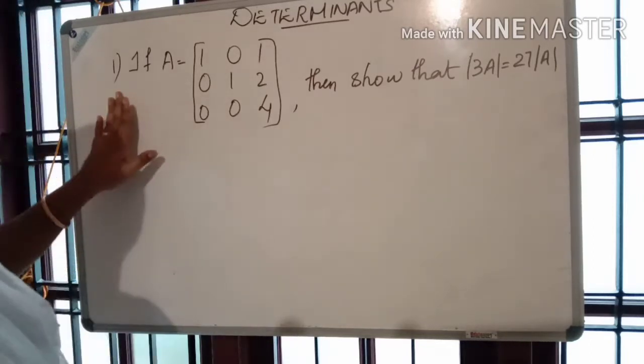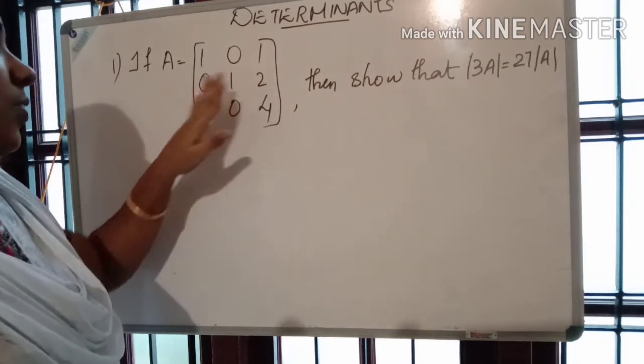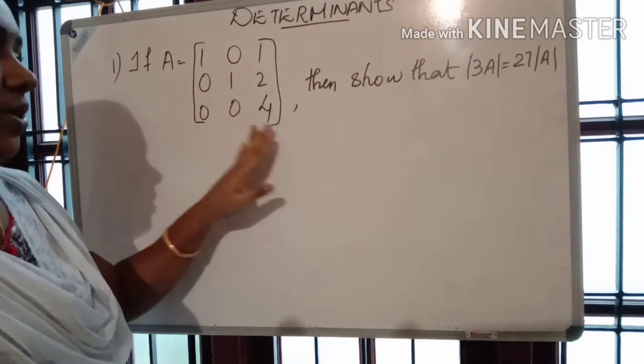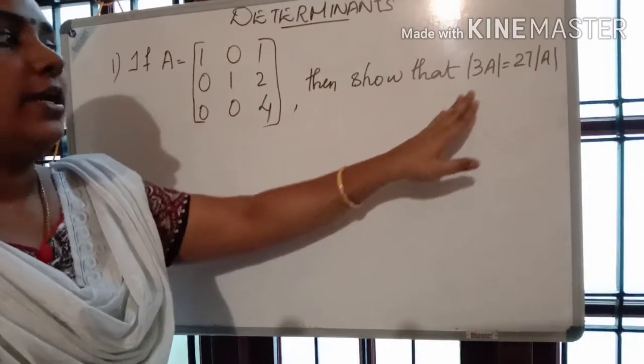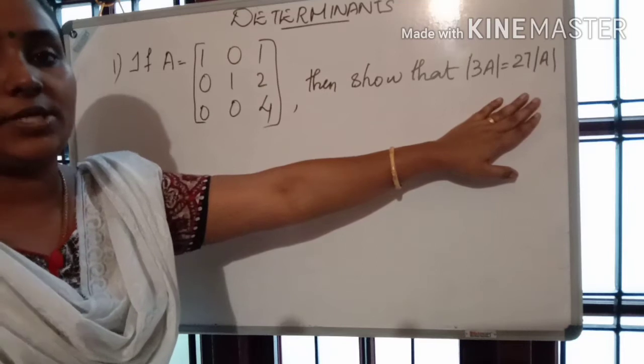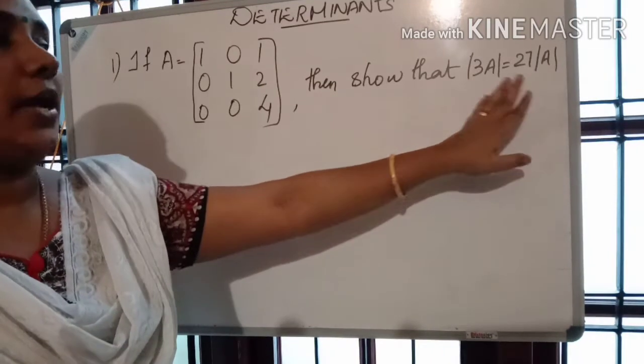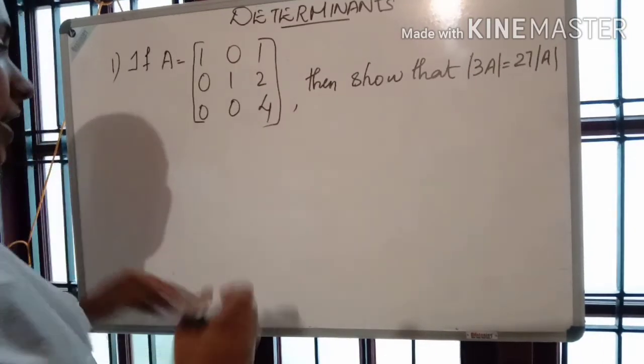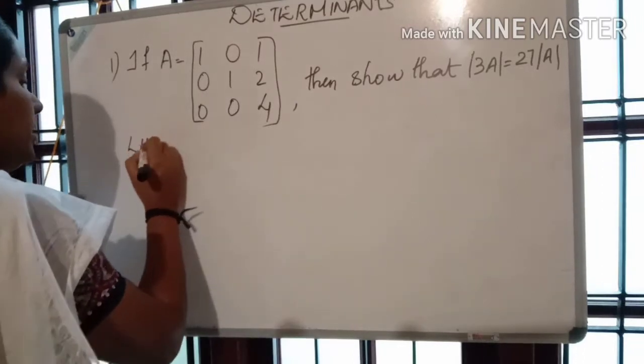So see, if A is equal to [1 0 1; 0 1 2; 0 0 4], then we have to show that the determinant of 3A is equal to 27 into the determinant of A. First of all, we can do the LHS of this equation. Here LHS equals